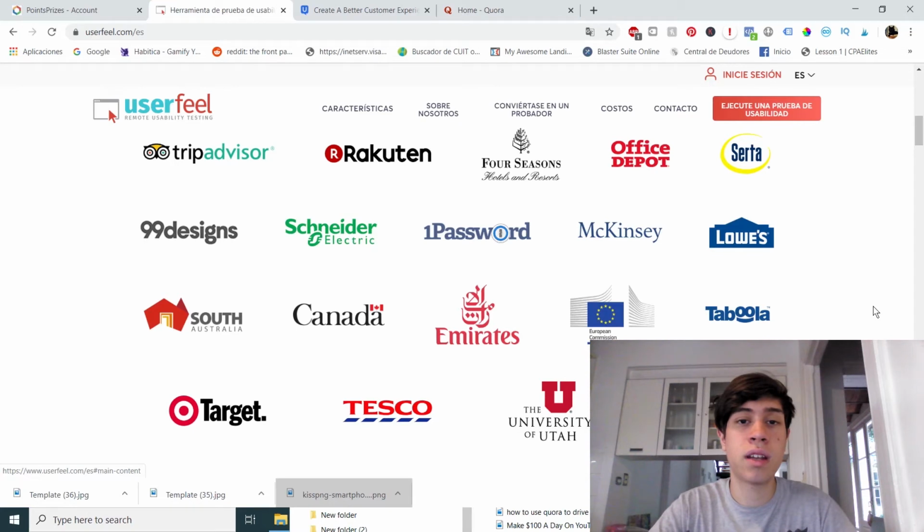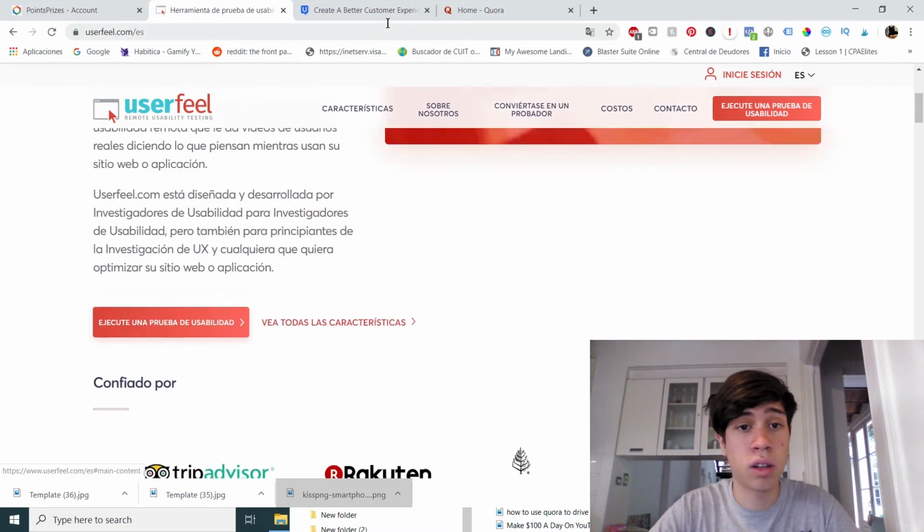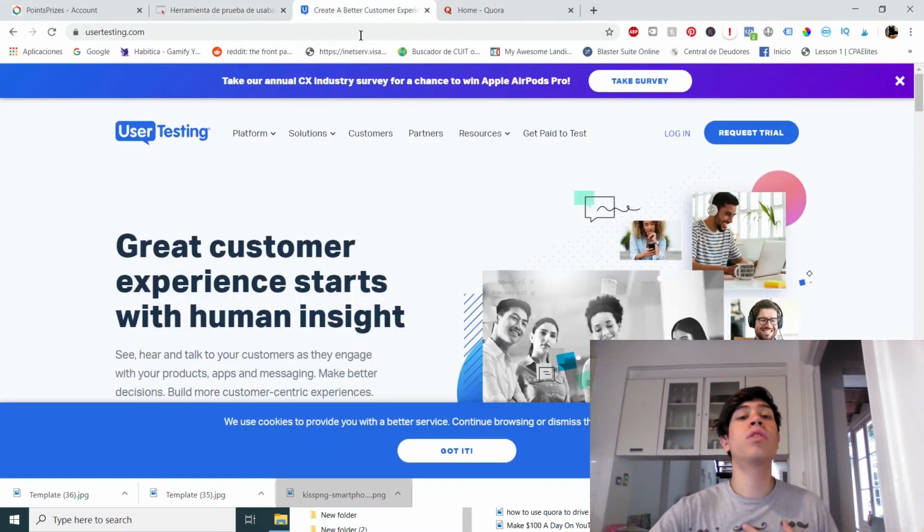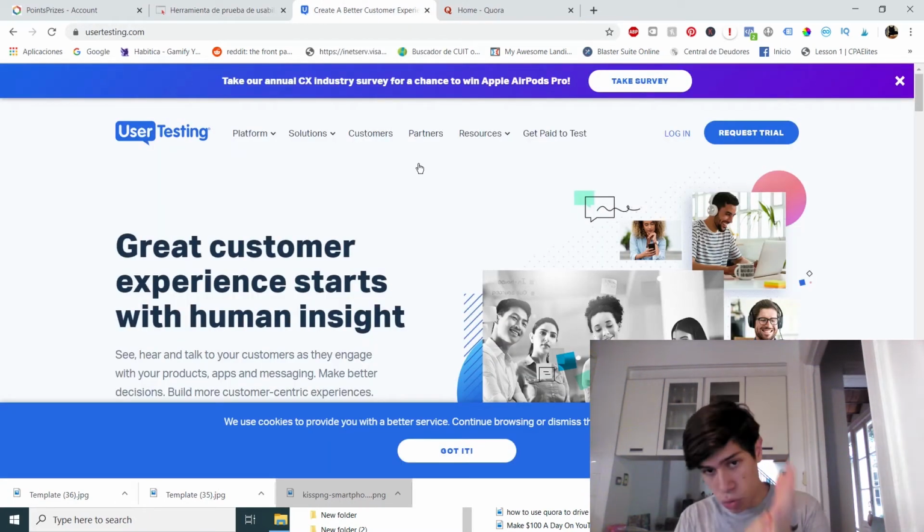That's a very easy task for you, and yes, it's trading time for money, as I said in the past. Another user testing website is called usertesting.com.